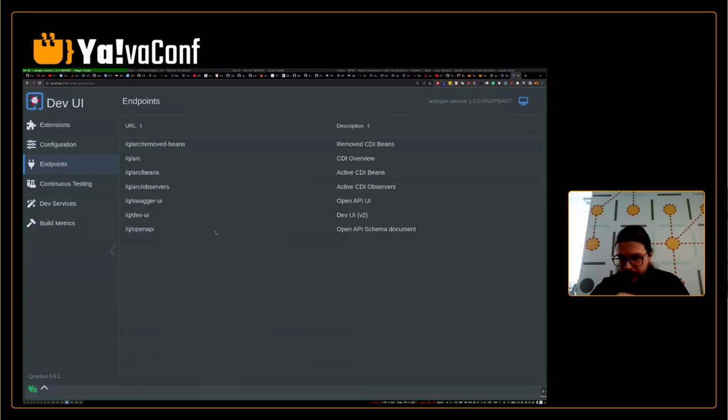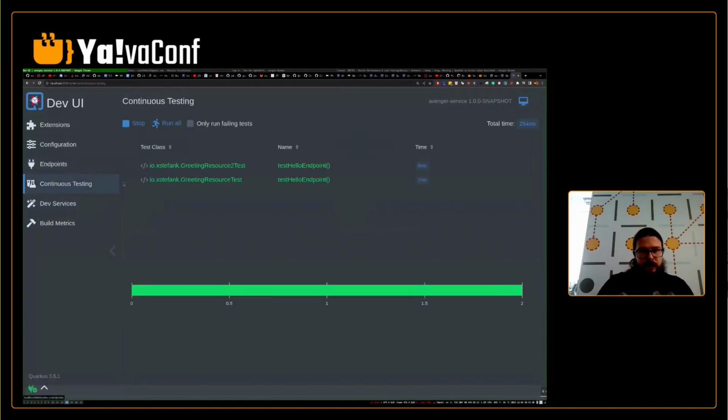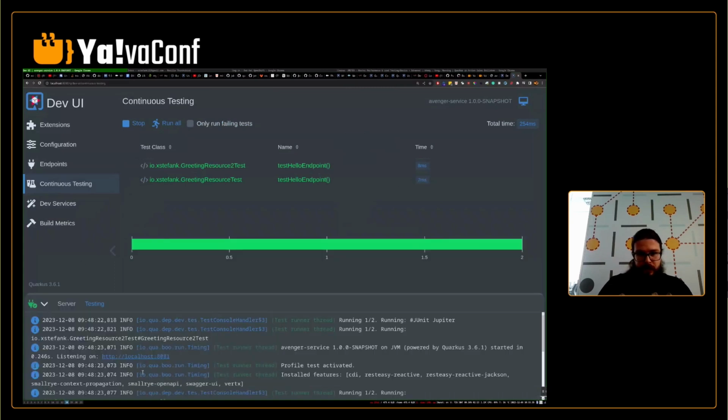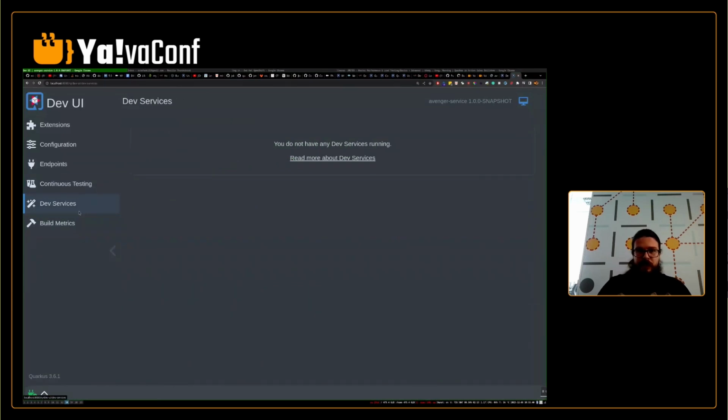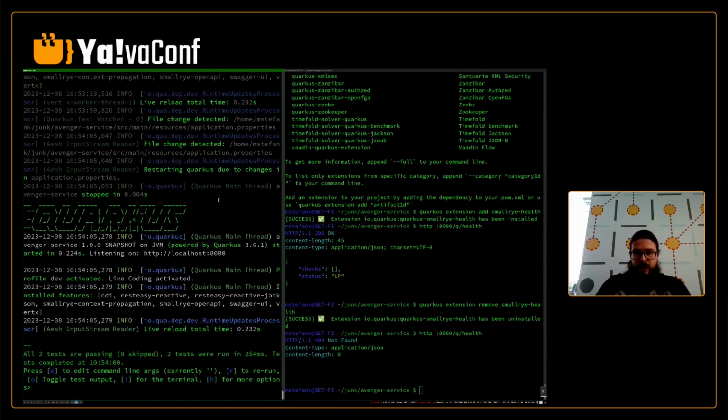So if I have 1 minute to close out, then basically I just want to show you that you have this continuous testing also inside the terminal. You can also open the dev mode directly in dev UI. And it's a shame that I didn't have time to show you dev services, but basically this is one feature that if I would add